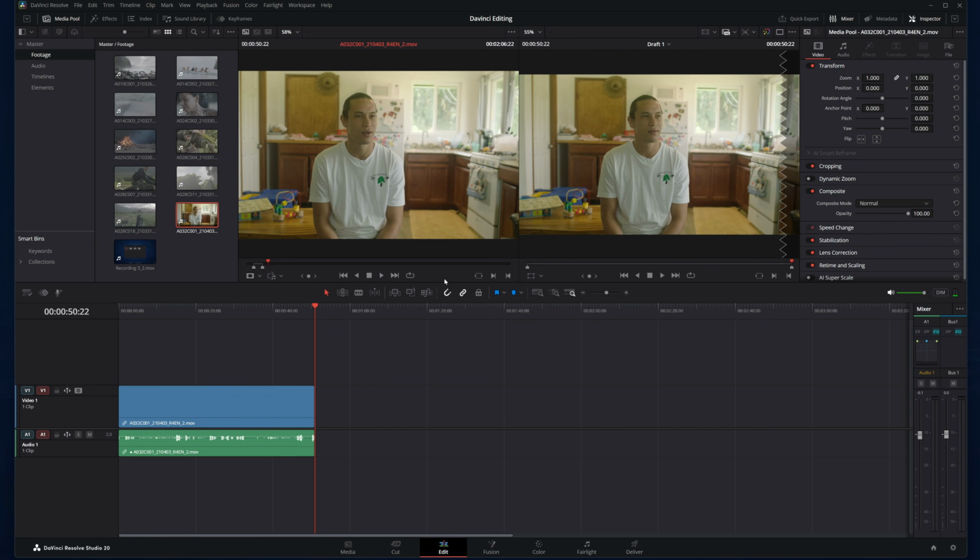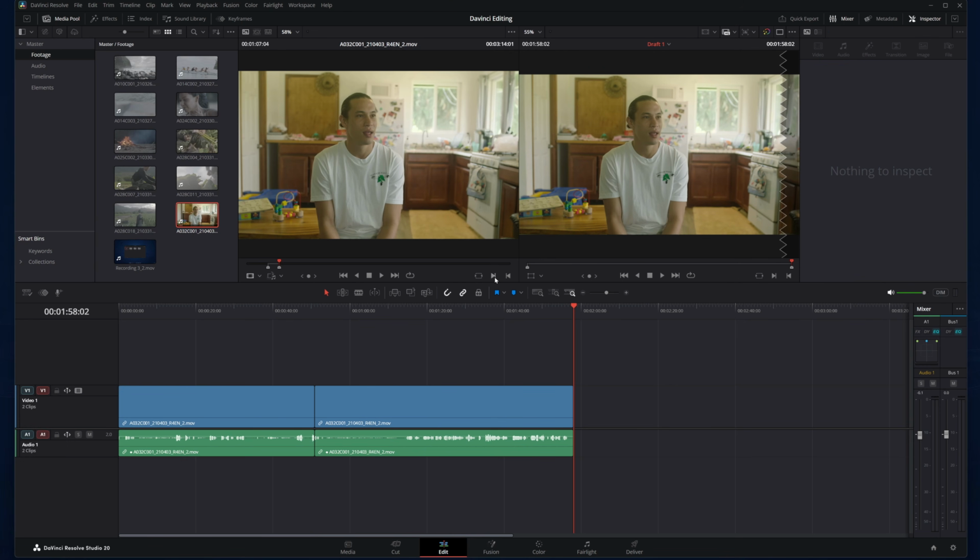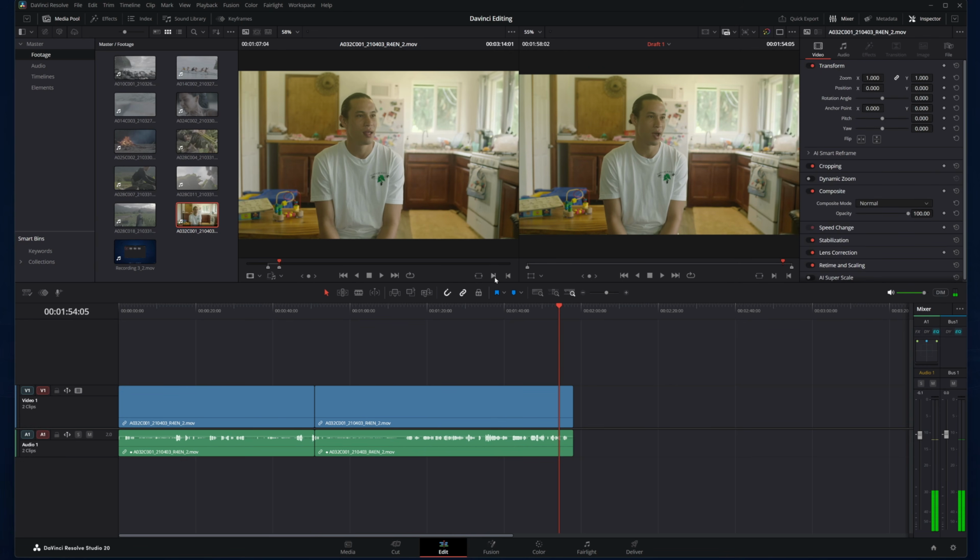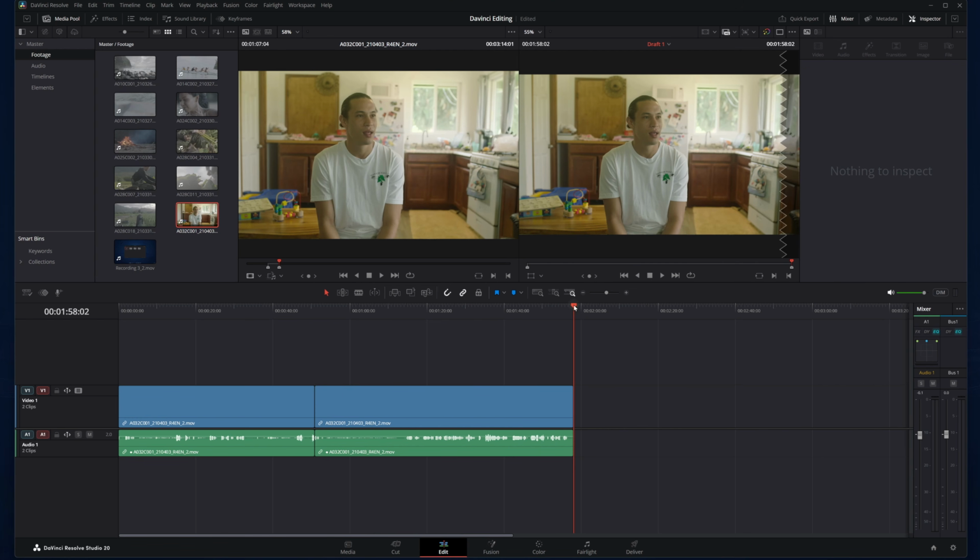I'm going to find an endpoint, and instead of clicking here, I'm going to hit I for in. Now back to JKL to find an out point, and I'm going to hit O for out, now F9 for insert. Now here's the thing, if I use my JK and L keys now, the playhead in the timeline moves. That's because the timeline is automatically selected, and you know that because the timeline viewer is red. We want the source viewer to be selected so that we can go back and find another in and out point, and place another clip.